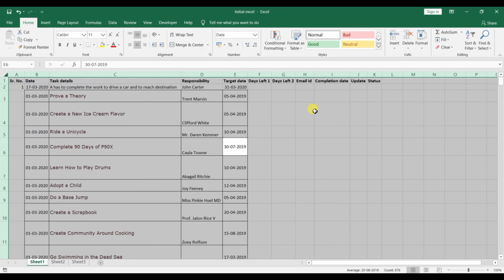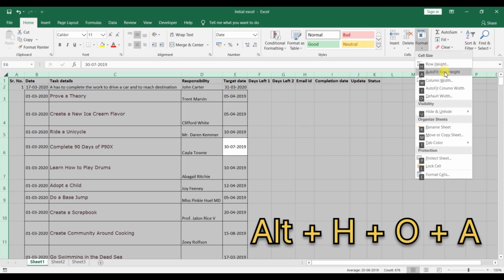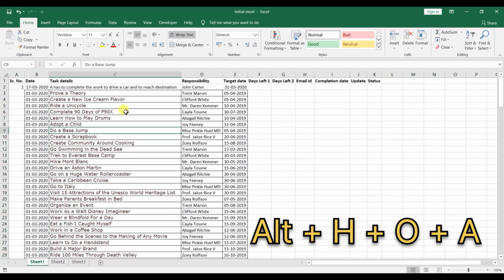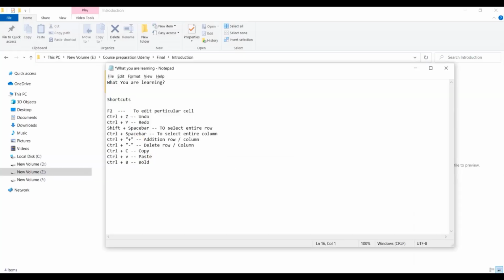So automatically the columns will be in fit mode, and again for rows, Alt H O A, AutoFit Row Height. So I am mentioning this in what we are learning. You don't have to press all the buttons at once.